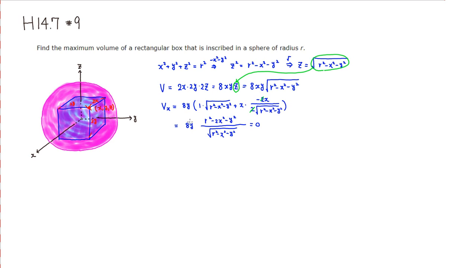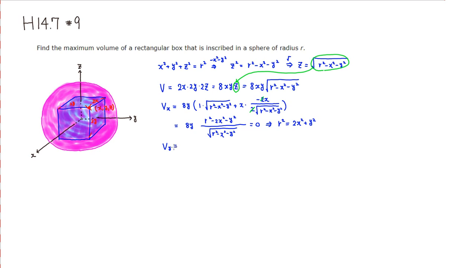So y is not going to be 0. So what we can do is set this equal to 0. So you have r squared. Actually, I'm going to write it as this: r squared is equal to, and I'm going to put those two terms on the other side, 2x squared plus y squared. And then we can do the same thing, the partial derivative of the volume with respect to